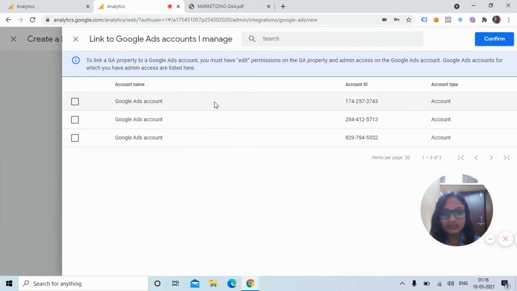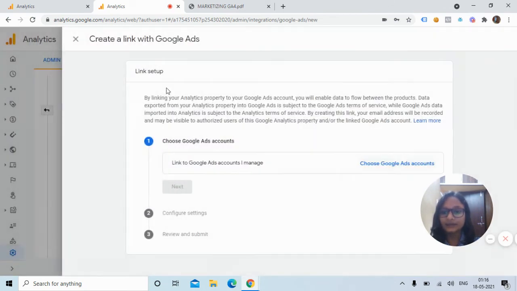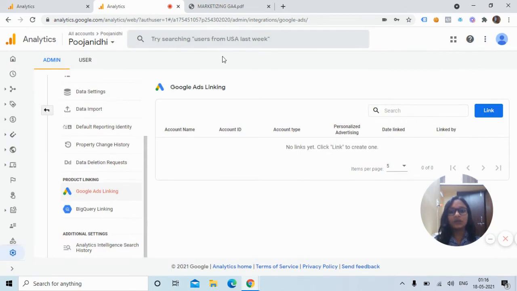which is registered with the same. So I have one Google Ads account with this. So we can select this and then link this GA4 account and mention all the configuration settings, and then link this GA4 account to the Google Ads, and then we can use these audiences in the Google Ads campaign section while retargeting the people or the users who have performed the required